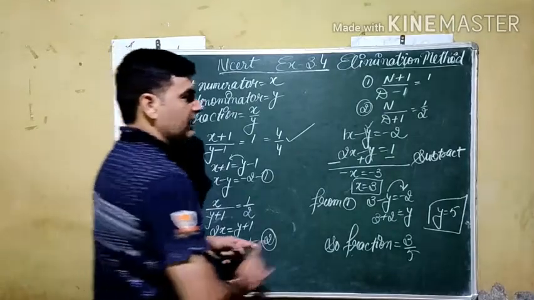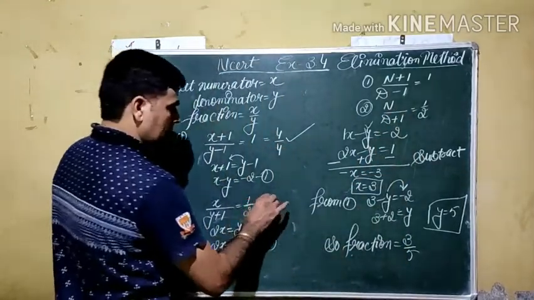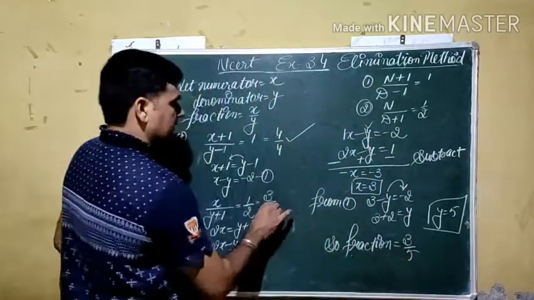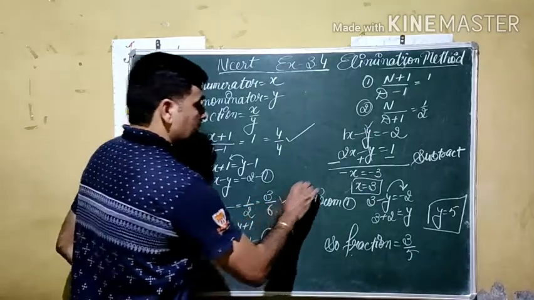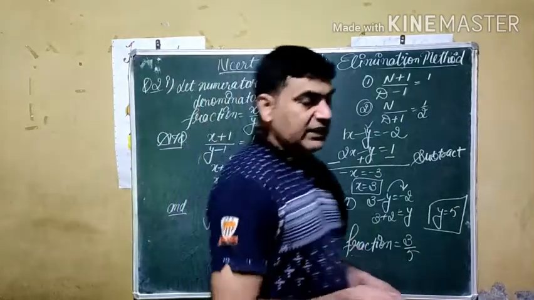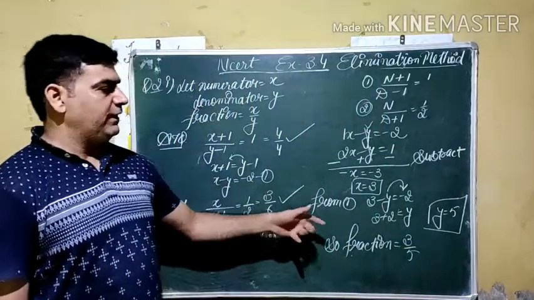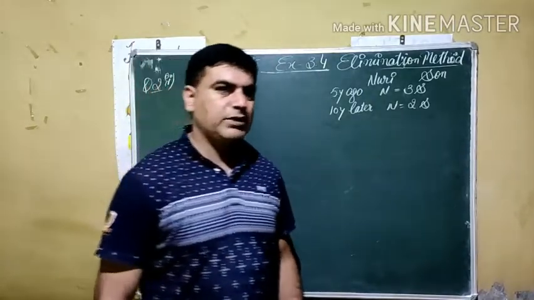If we see the second condition, the numerator has no change, this one stays. The denominator increased by 1, meaning 5 plus 1, which is 6. 3 by 6, if we cancel out by 3, comes out 1 by 2. It means by testing these two conditions, we can verify our answer. Whether it is right or wrong, we can check it thoroughly. We are going to continue with part number 2.